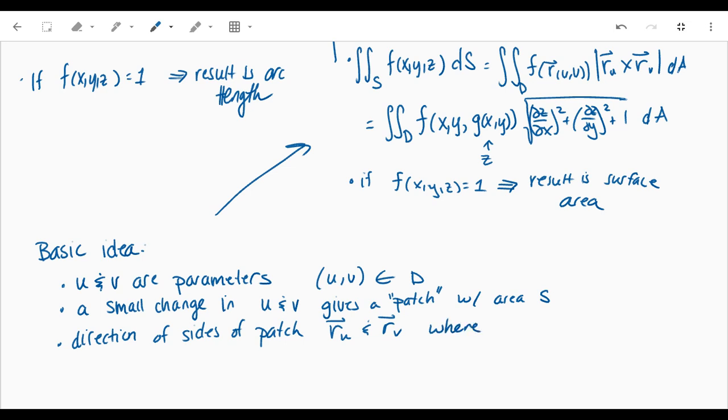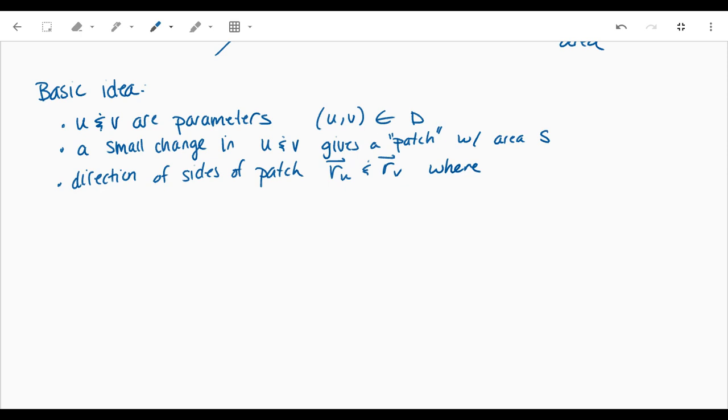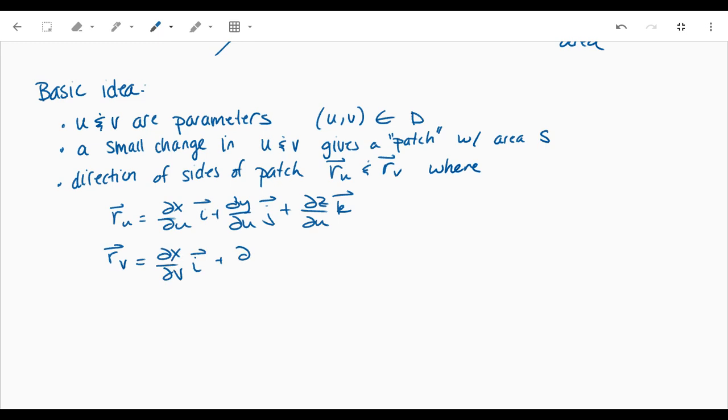where RU is dx/du, dy/du, dz/du, and RV is dx/dv, dy/dv, dz/dv. Okay, so it gets this little patch. The magnitude